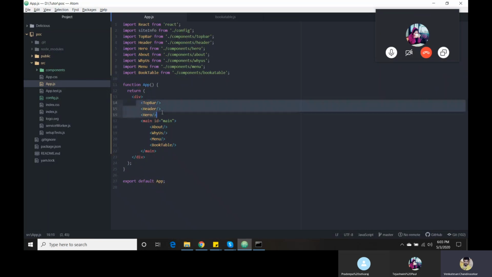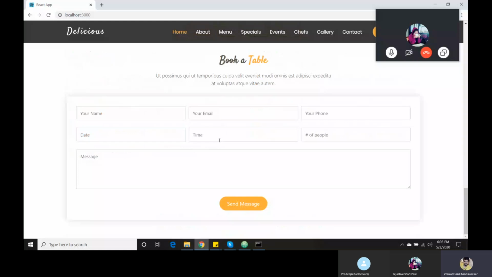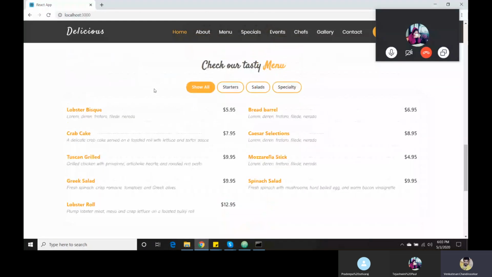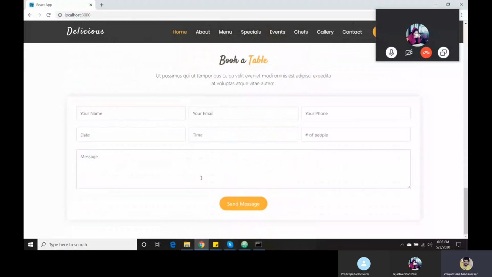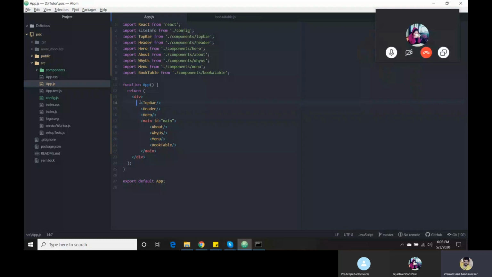Okay, now we don't need these components. Straight away we need to work. Whenever I am working on anything, it reloads and shows, and that's the reason I'm going to hide all those components. This is the proper way of commenting or hiding your HTML or JavaScript code or components. This is a common pattern to comment.